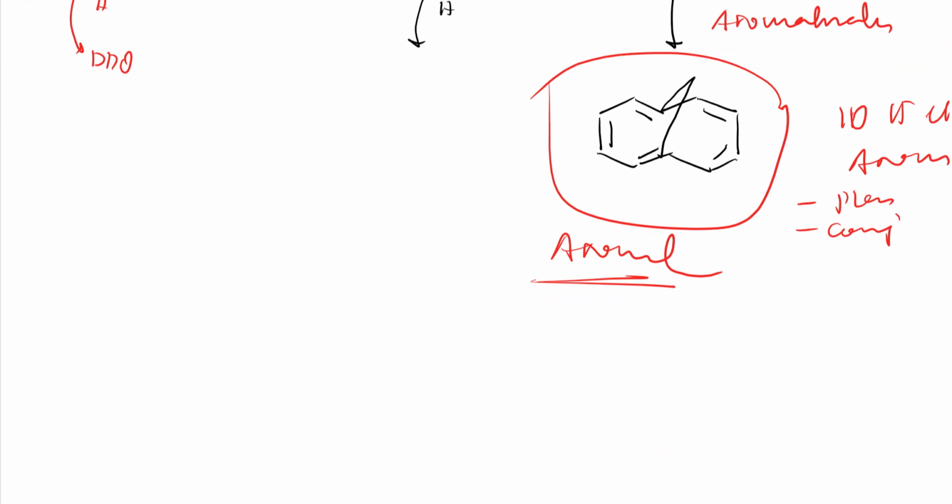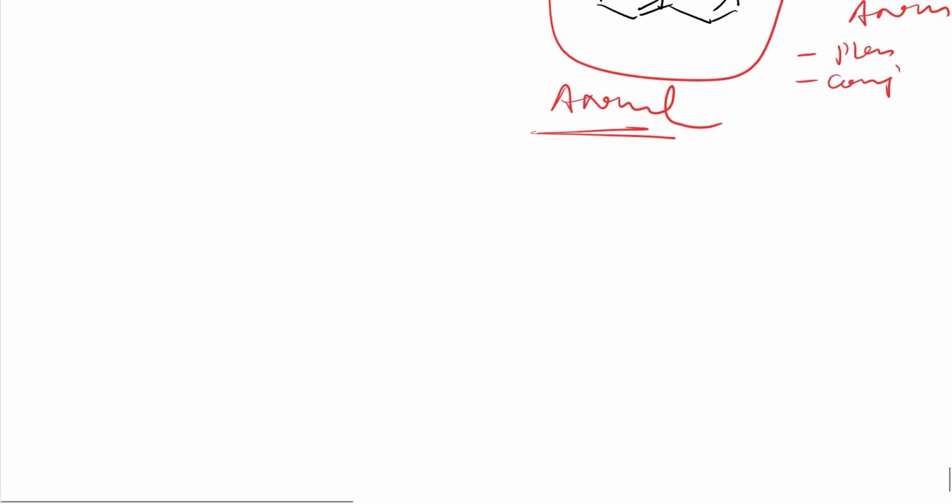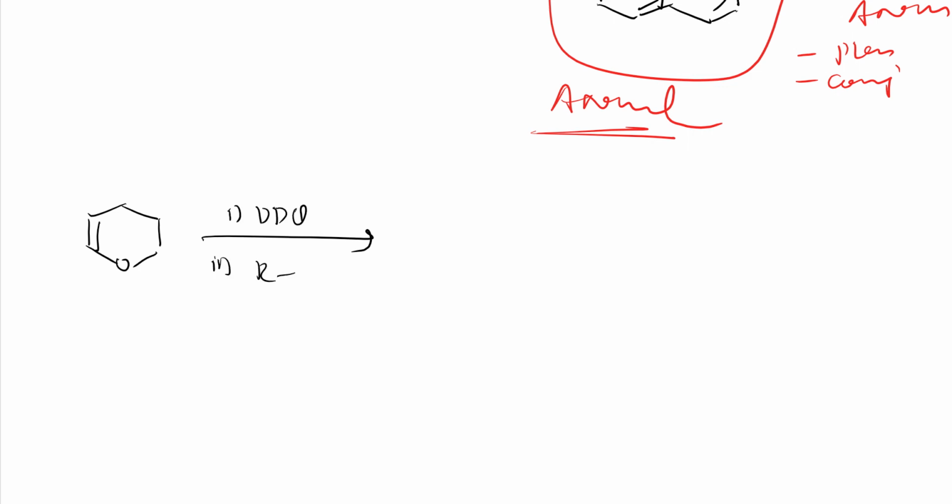So I hope I have explained you so many things, right? So few more examples which are really very interesting. Let us see them, right? So that I can end this topic DDQ. So to this first I will add DDQ, in presence of alcohol ROH. So it is very interesting, see here. So this is my allylic carbon, so it has got allylic proton, so it will take this hydride, so I'll get carbocation.